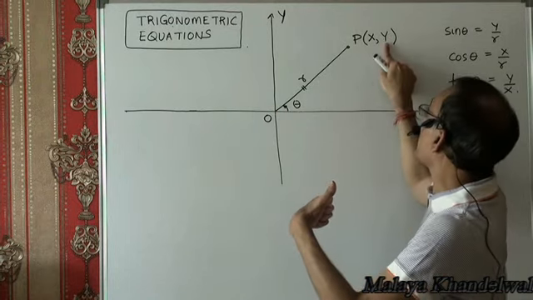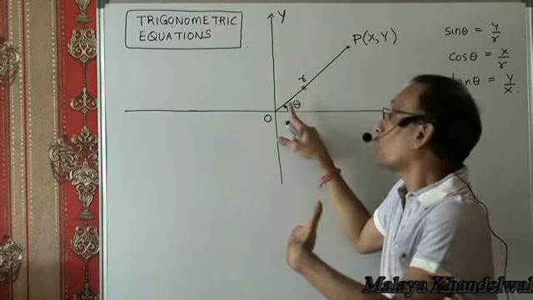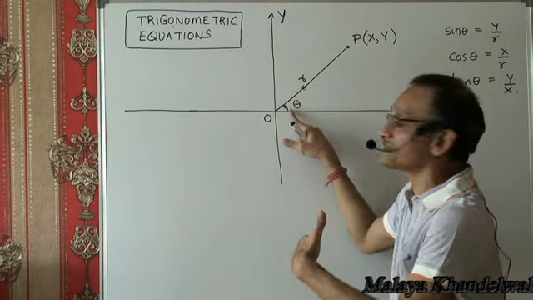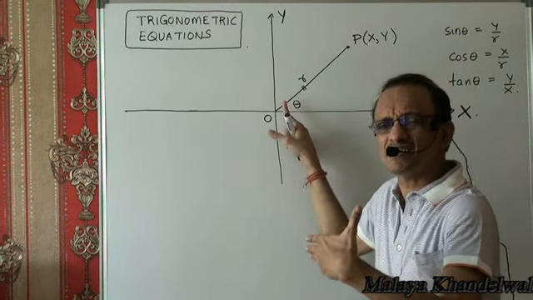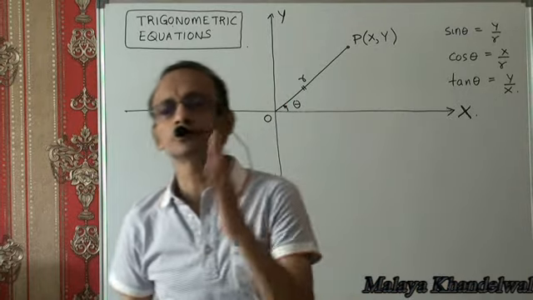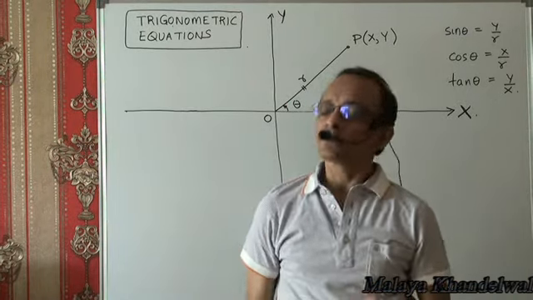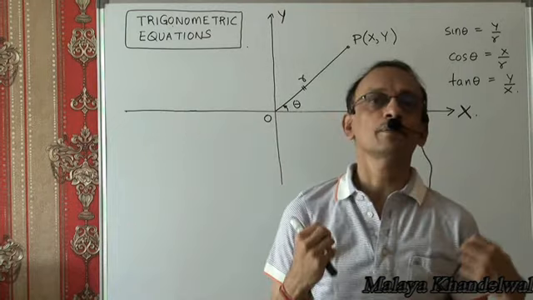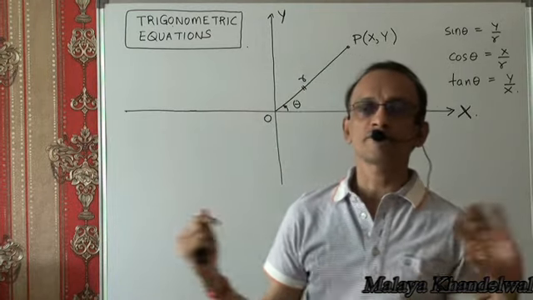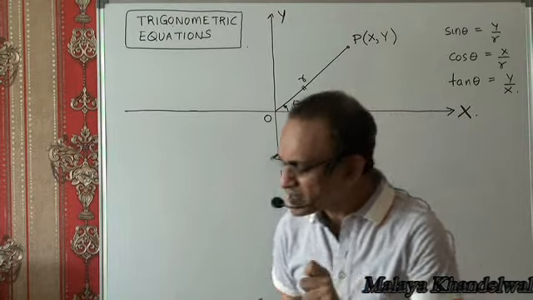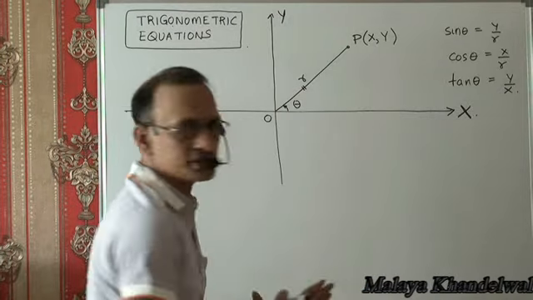For example, this xy could have been obtained for this theta, or could have been obtained for theta plus 360 degrees, or theta minus 360 degrees, and so on and so forth. So I'm not going to dwell on those facts right now. I'm going to get to the basics of equations, trigonometric equations. But in that context, let me first mention that